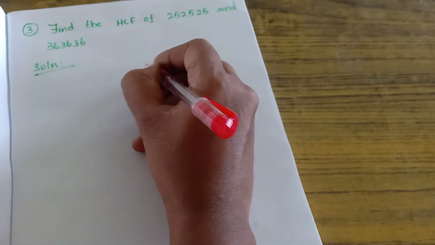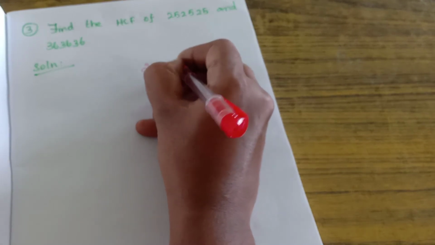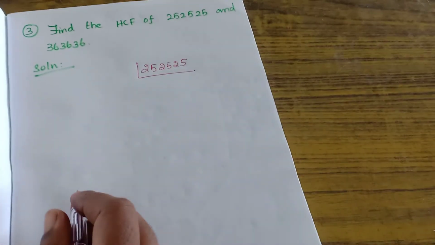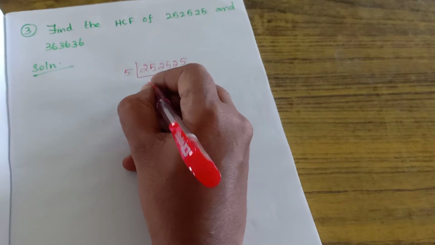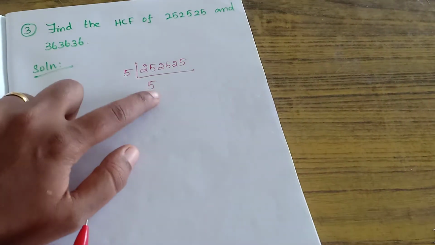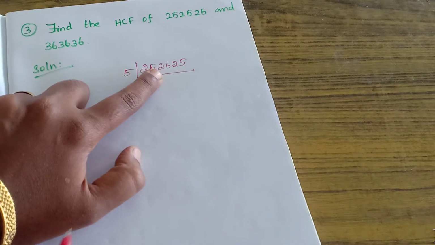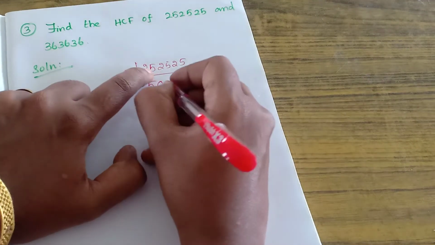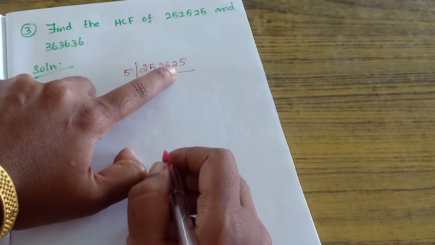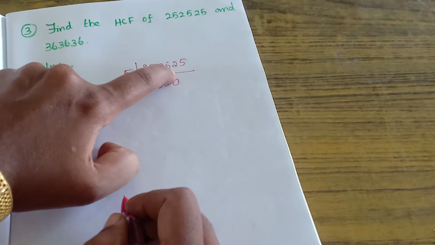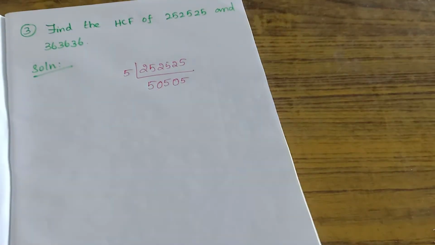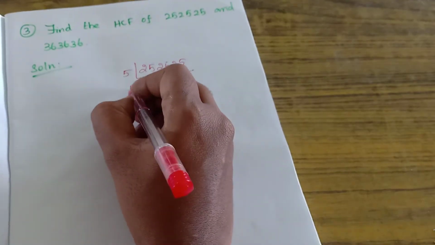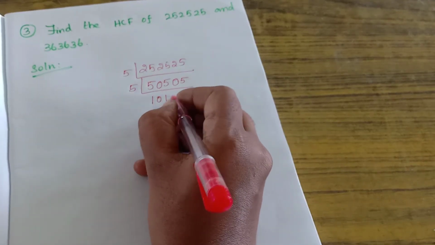Listen. 25,25,25. It is possible to divide it by 5. Correct. So, listen carefully, 5 fives are 25. What's the next number? 2. It is not possible, so put 0. Then combine the two numbers, 25. Again 2 is not possible, so put 0. Then again 25, that is 5 times. Got it? So we get 5 0 5 0 5, that is 10101.